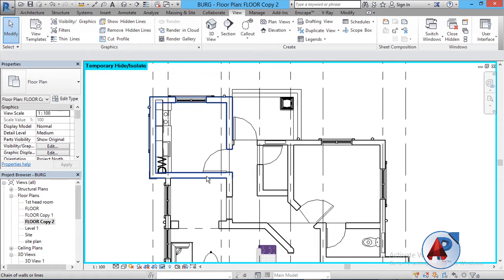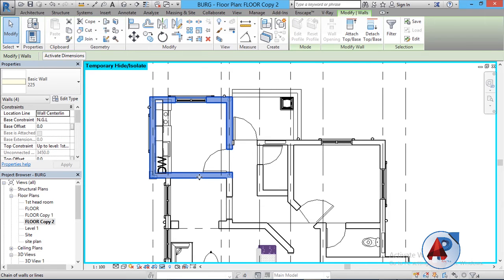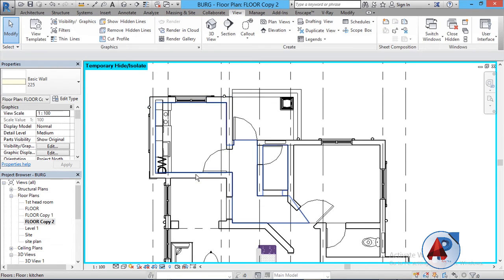If I tab again, you see that it's been highlighted across from this side to this side. If I tab again and click, I've made my selection, but without clicking I won't make any selection. And if I hover over that wall again and tab, you see that it gives me two conditions, that either I should go this way or I should come this way.